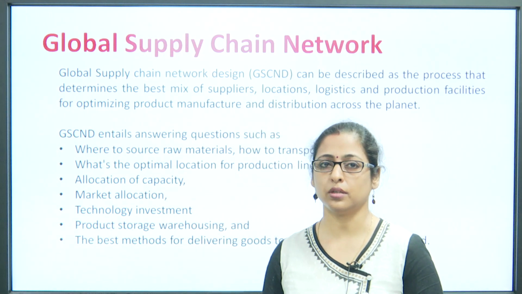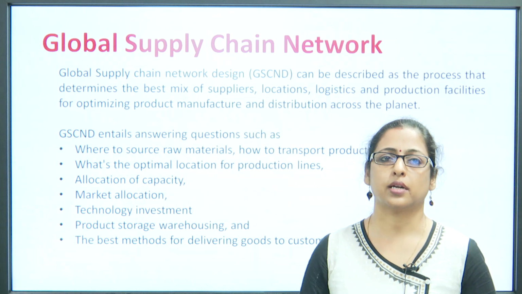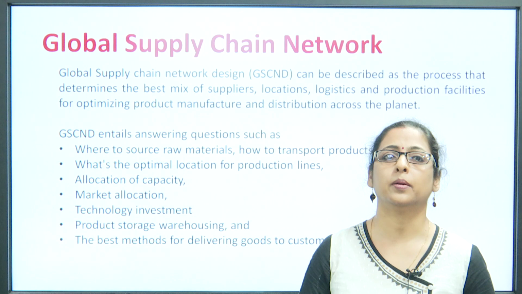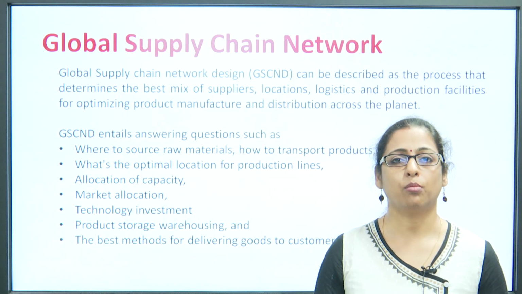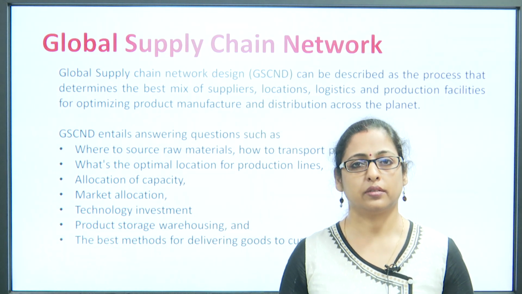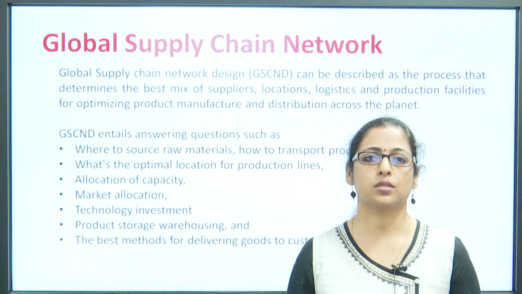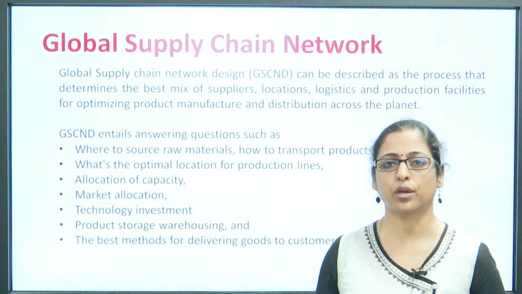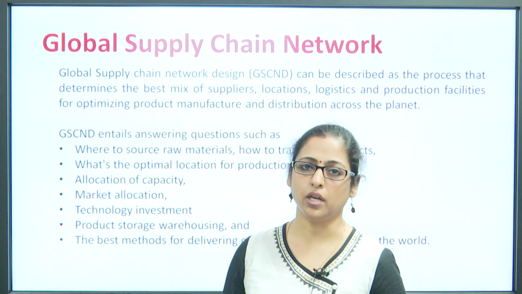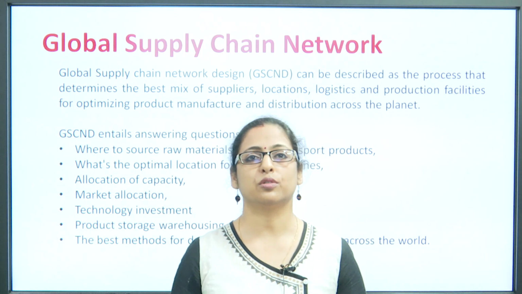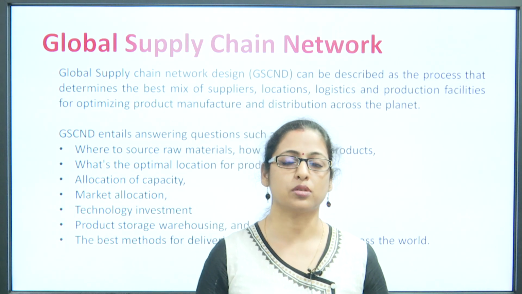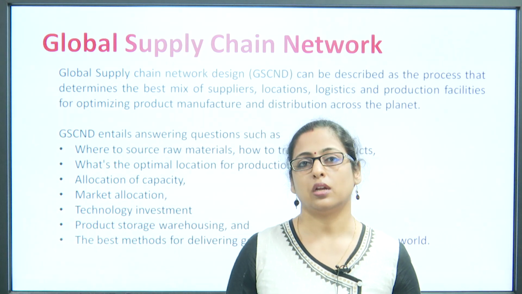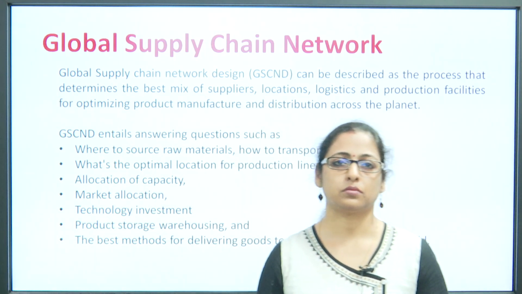Then market allocation. The companies also need to understand what kind of market it is in terms of customer demand, and how much customer demand there is from each country, because they need to understand from which particular strategic location or which particular country it would be convenient, in terms of saving time, in terms of process, in terms of cost, to reach the customers. So, they also need to think of market allocation.